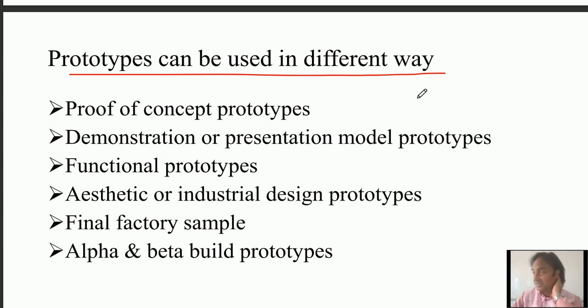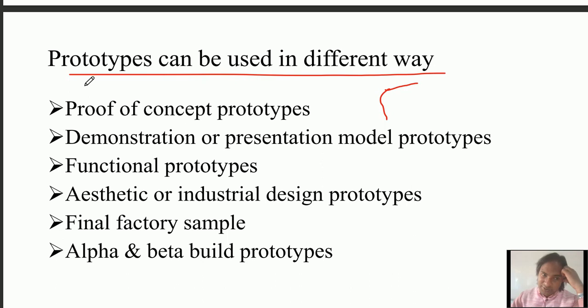So in that way, how are prototypes going to be used? Rapid, quickly, make it quickly. And how quickly can it be? It can be 3 days, 4 days, 5 days, not more than 1 week. We cannot devote more than 1 week to making the design prototype. With the help of present technology, we are able to make it within minutes and hours. So in 2 or 3 hours we will have our prototype ready and we can use it. So that becomes rapid prototyping.